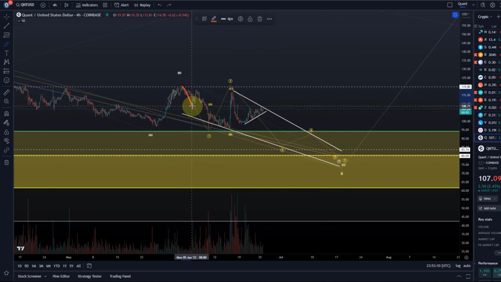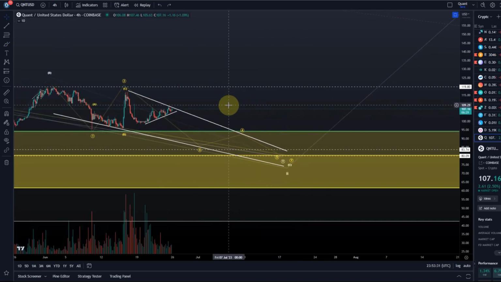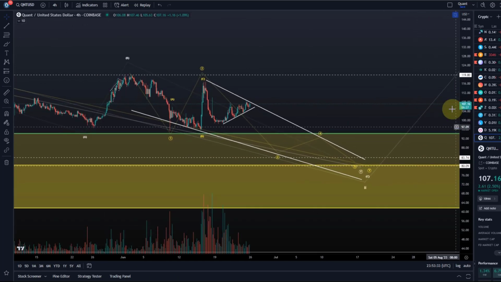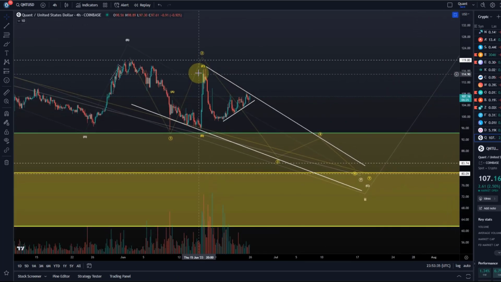In the wave 1, we had an A, B, C. In the wave 2, we had an ABC. In the wave 3, we might get an A, B, C structure as well. Wave 4 as well, and then wave 5, and that could be it. Now, I expect the structure to change into a morph because we deal with a diagonal. These structures like to change into a morph, but we're getting into a decision point because we are dealing here with